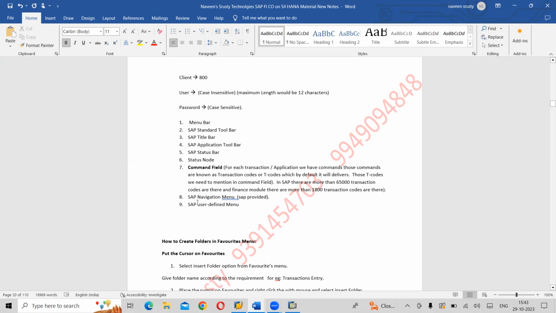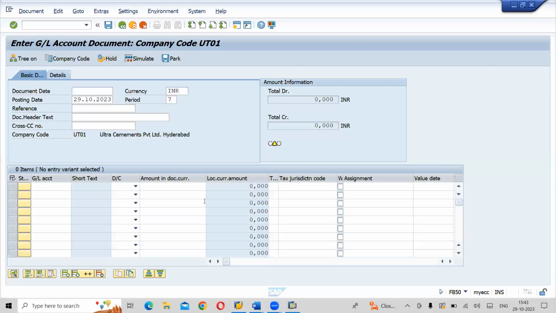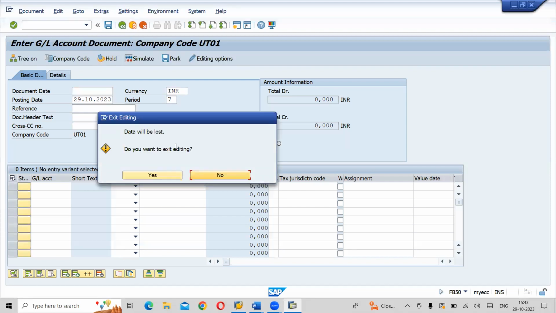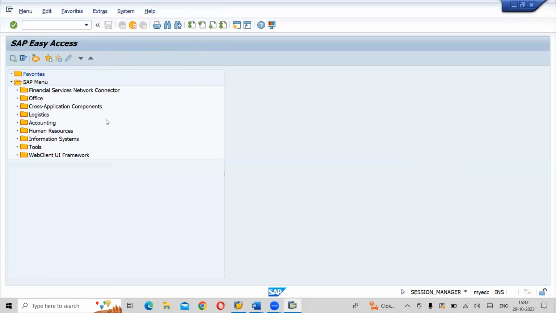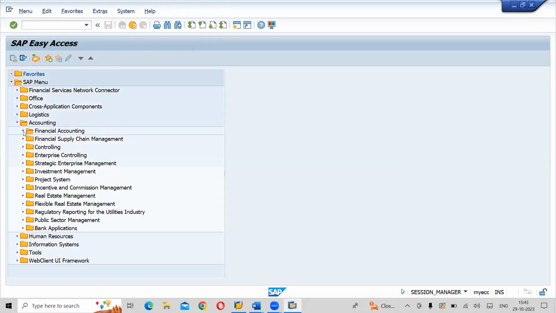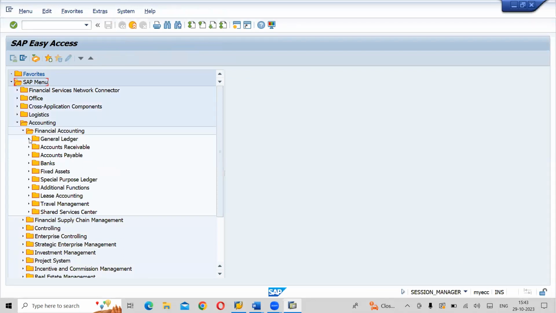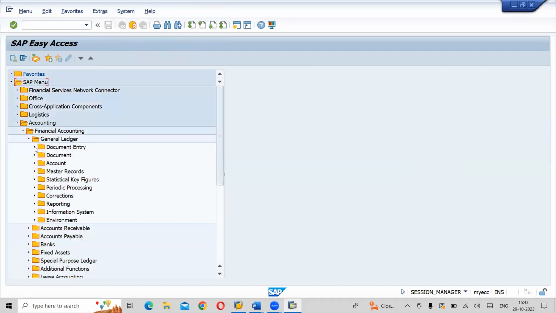And next one, SAP navigation menu. This is called SAP navigation menu. I'll go back. So this is called navigation menu. For example, I want to go to the same FB50 transaction code. So I'll go here: accounting, financial accounting, general ledger, document entry.